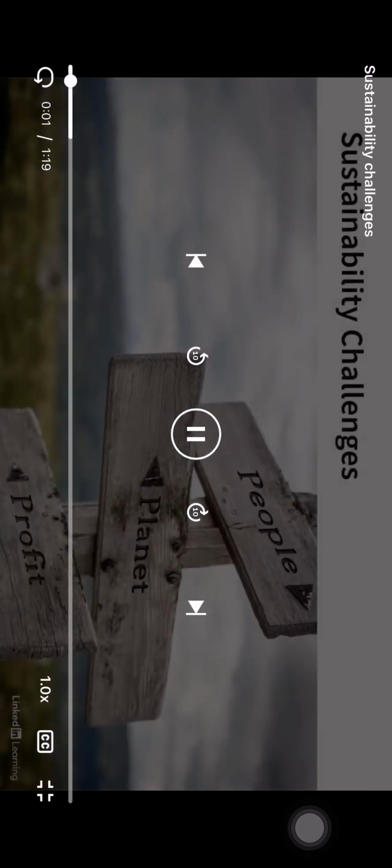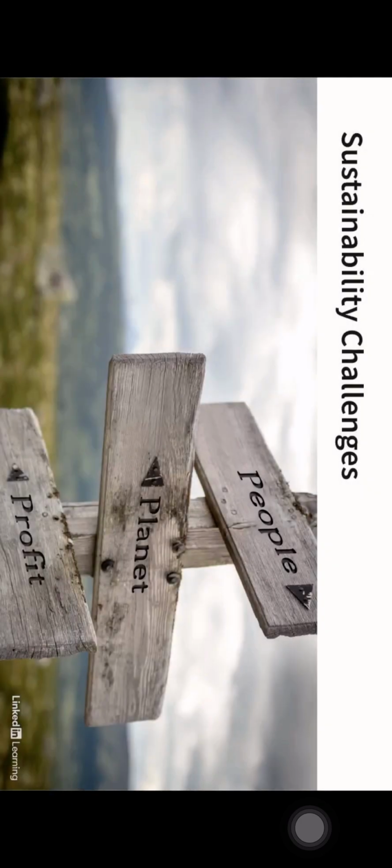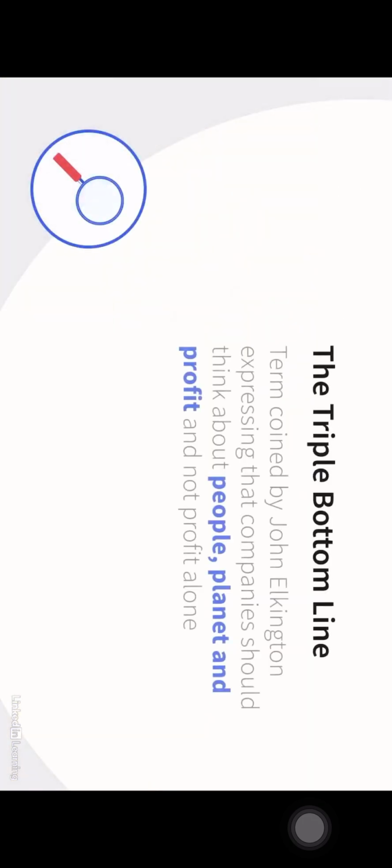Traditionally, businesses have focused on just their bottom line, that is, their margins. ESG research has indicated that the generation of long-term sustainable returns is dependent on stable, well-functioning, and well-governed social, environmental, and economic systems. This is the term called triple bottom line, coined by business writer John Elkington. The writer expressed in 1994 that the company should think about 3 Ps: people, planet, and profit, not just profit